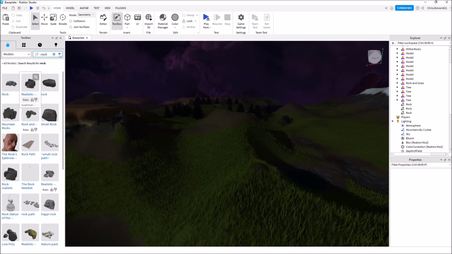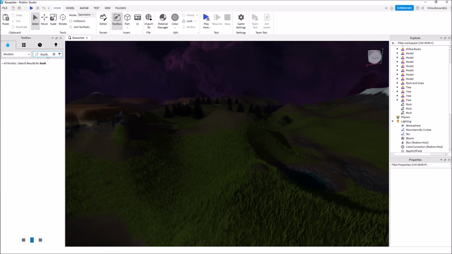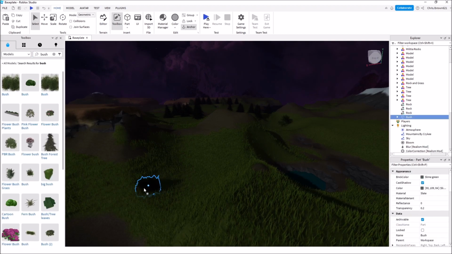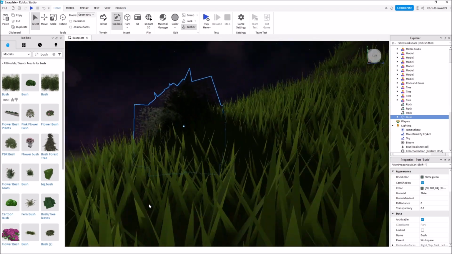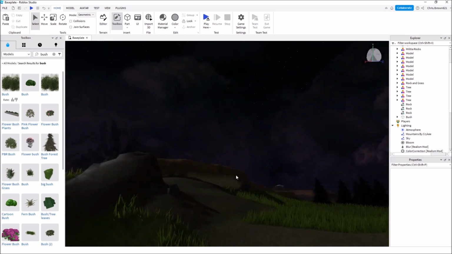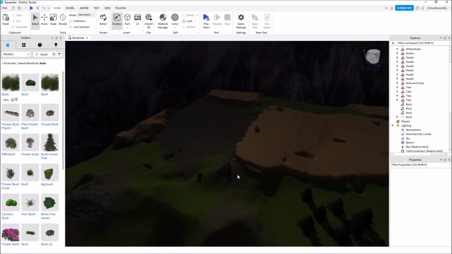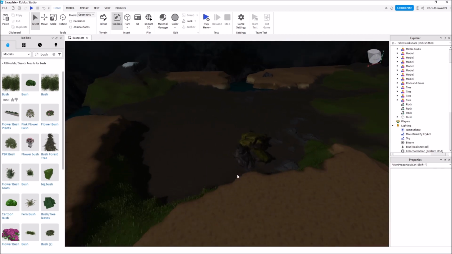Another thing you're going to want to do is over here is type in bush. And besides trees, you're going to want to be filling in with bushes as well. And you're going to find good examples that work nice. And you're going to want to place all this around your map. And you just want to keep doing this and just fill up your whole map with items all around. And by the end, you'll have something really nice looking,